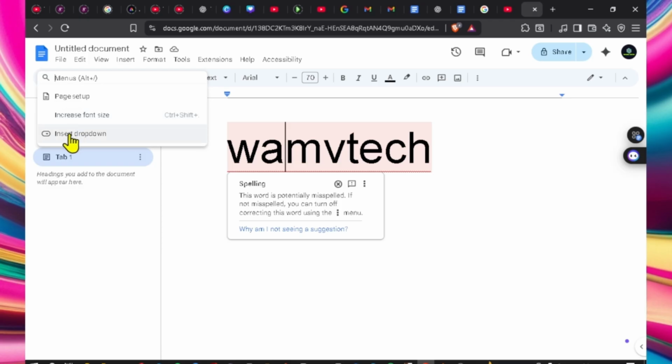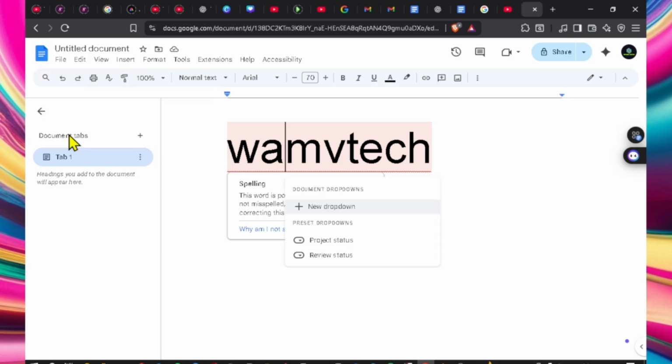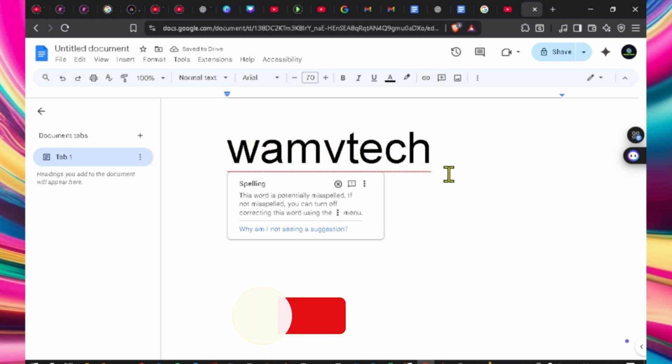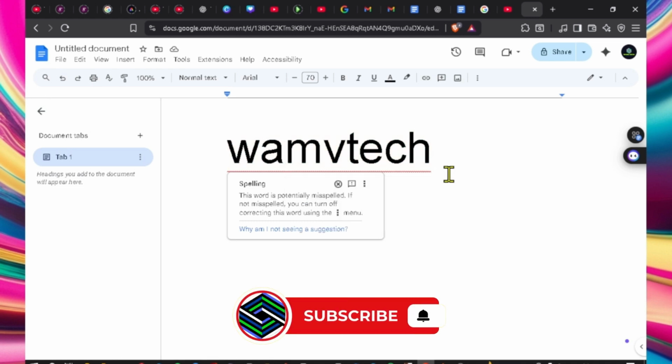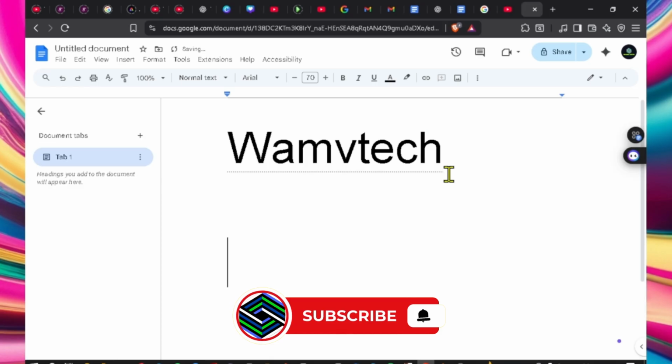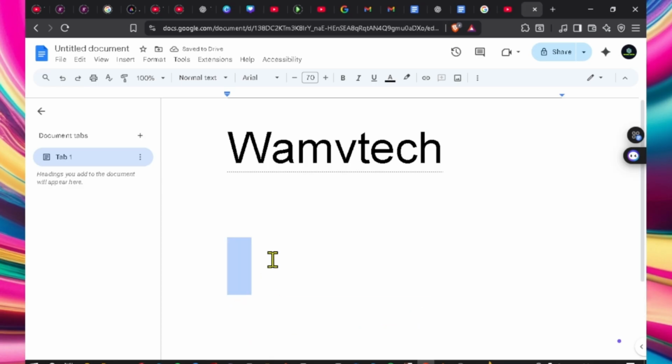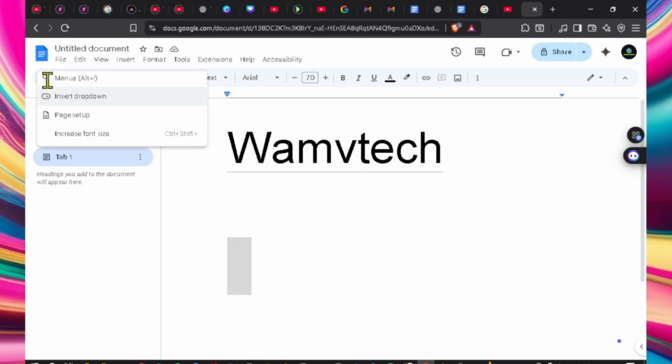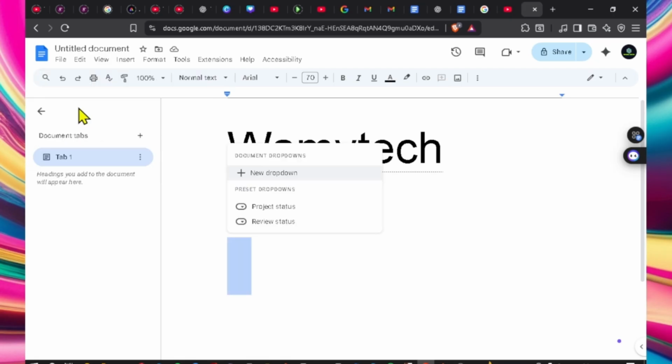Then let's head over to our search. Then we go to inserting a drop down. Okay, let's set a new drop down. So if we wanna set up a drop down, we need to go to our next line. So let's set our drop down right here. We'll come right here and we select to insert the drop down, and we can either select a new drop down or project status or review status. Let's start with these